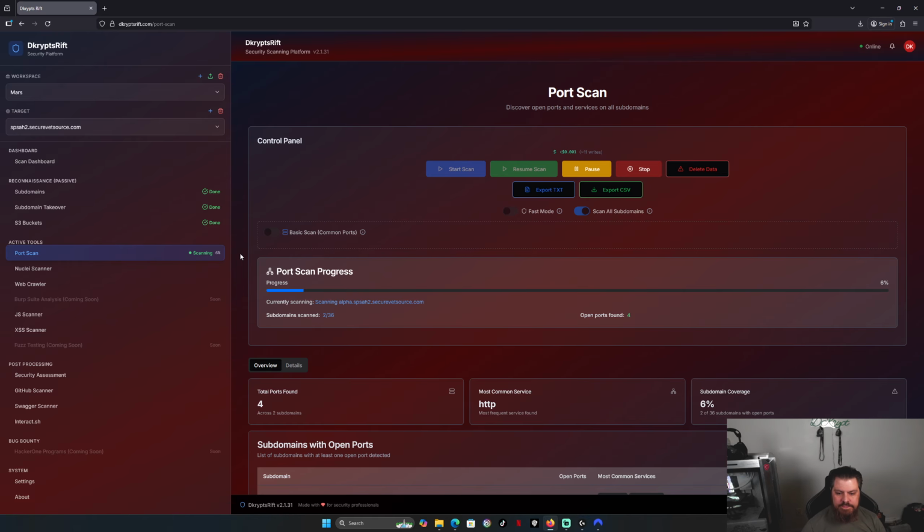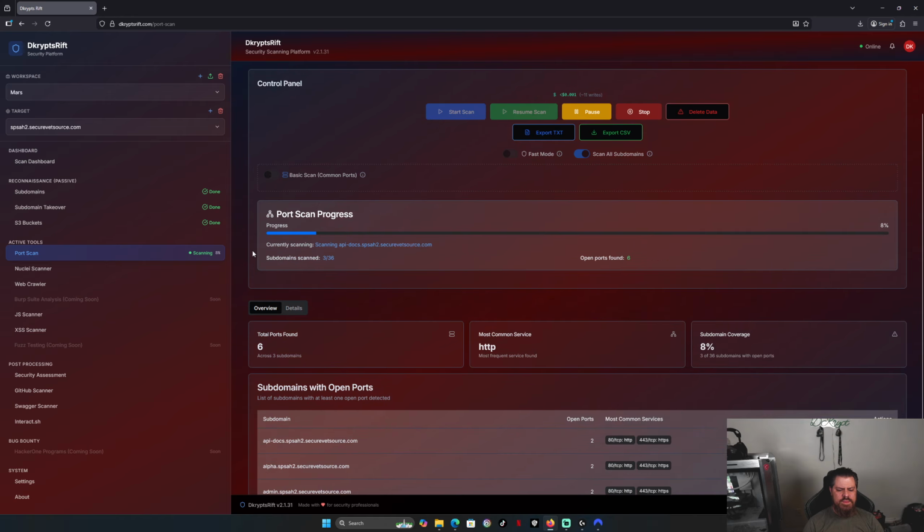We have the basic scan. There's a toggle here for basic and advanced. I'm debating whether to leave the advanced scan in for now, but right now it's basic. So it's going to do the top 1,000 ports, and it's going to do the most common services. So like MySQL, FTP, like anything that's above 1,000. FTP is not, but anything that's above 1,000, right? Like running port 8,000 something or whatever, it will scan all those ports as well, and it'll list them all